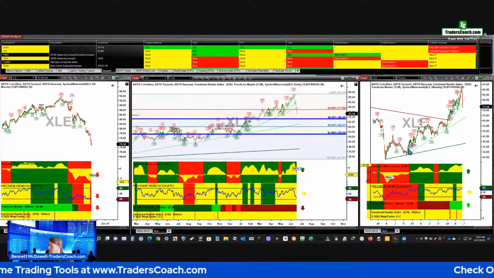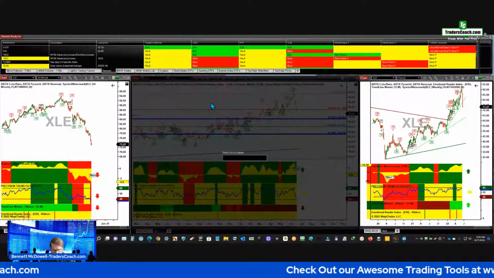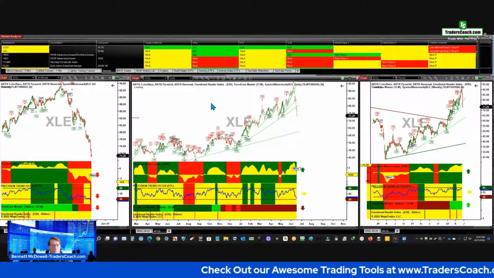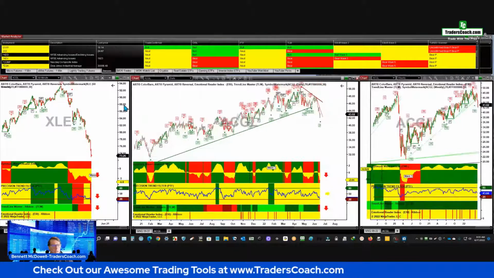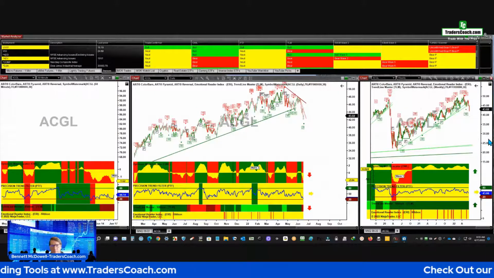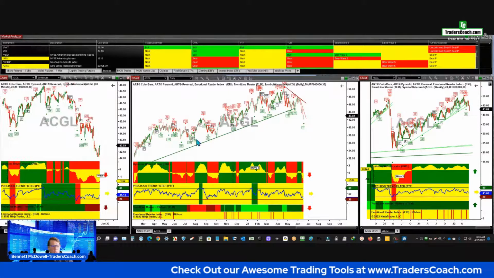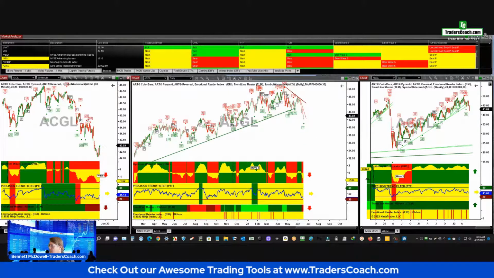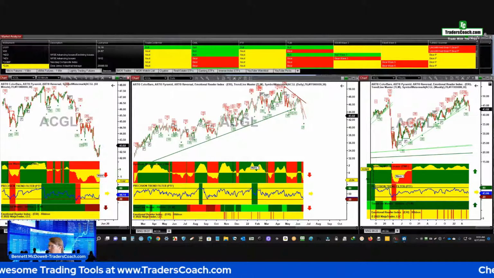All right. So, okay, Al's got the symbol. He wants me to look up ACGL. Let's take a look at that one. Okay, so Al, I'm sorry, what are you doing on this one? Are you long, short, thinking about it? What's cooking on this bad boy? Okay, I'll get to Visa in just a minute. Thanks.